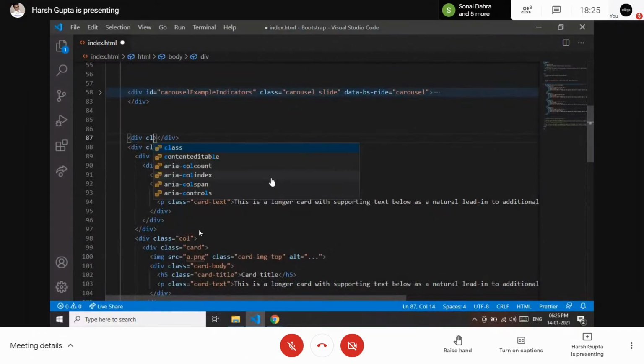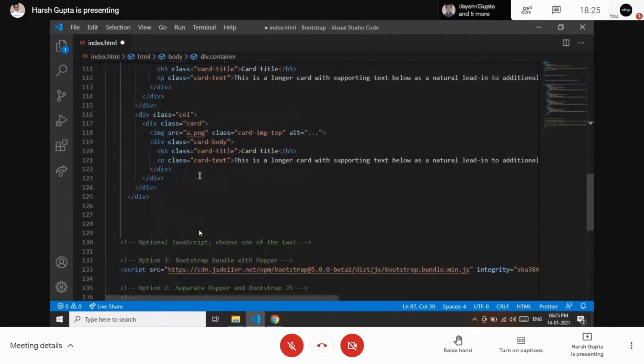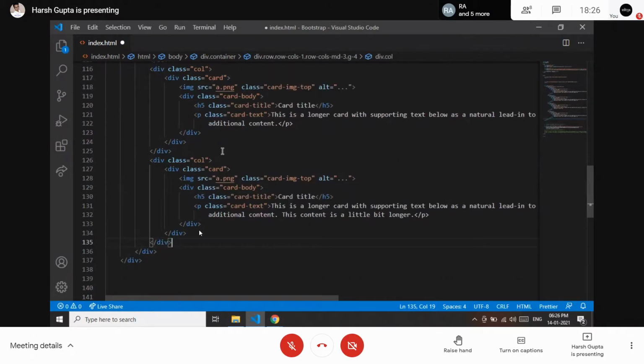Since we have Bootstrap, I will apply a class, container, and see what container will do. And inside this container, I want to write the whole source code of it. So I applied this, saved, and formatted the document, and then saved again.